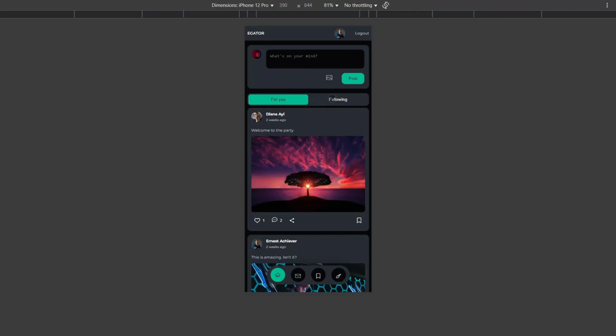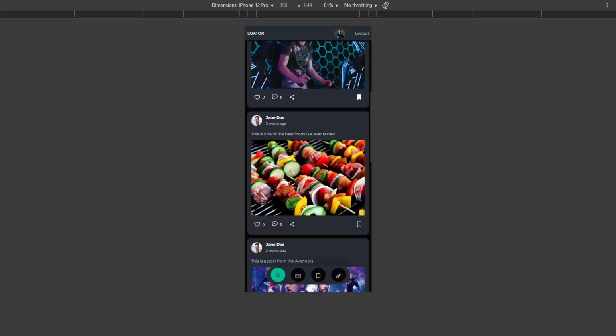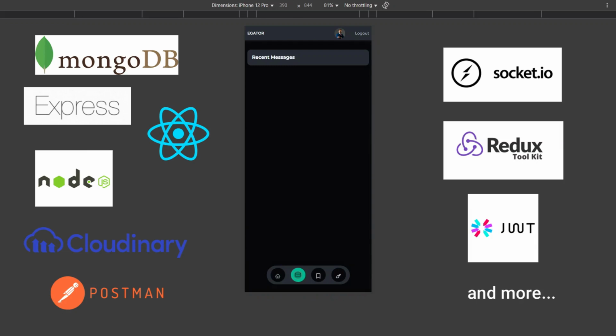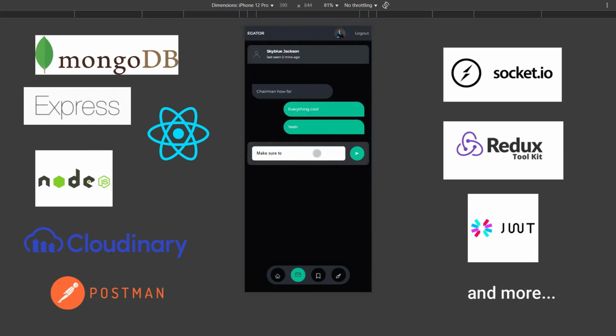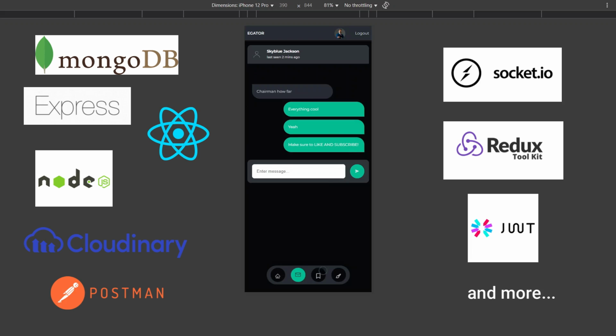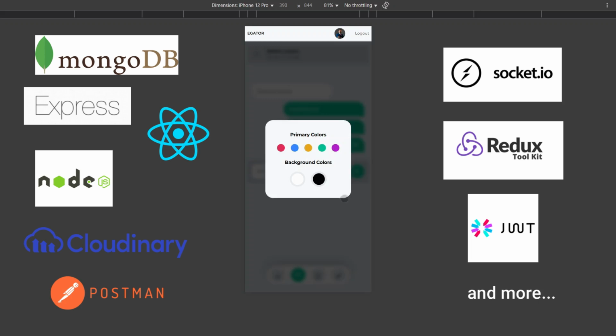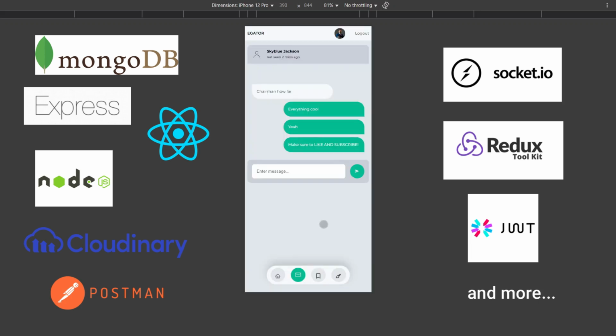In this complete MERN Stack project tutorial, we are going to build and deploy a fully functioning social media application using the MERN Stack. That is MongoDB, ExpressJS, ReactJS, NodeJS, and we are going to use Cloudinary for our file storage. We are going to use Socket.io as well for our real-time communication. That is going to be for our chat system, which is going to be included in this entire social media